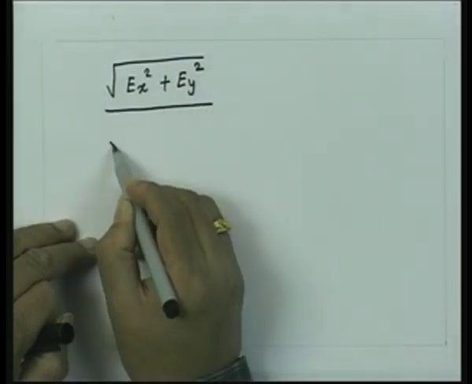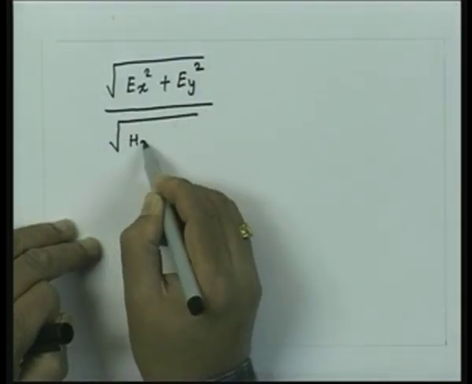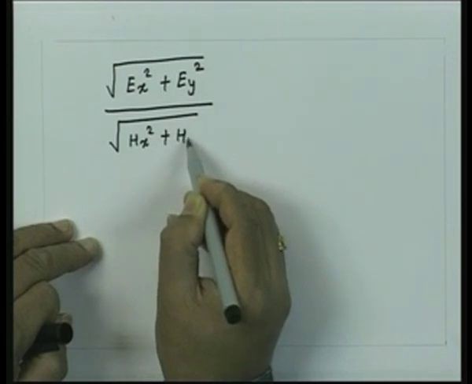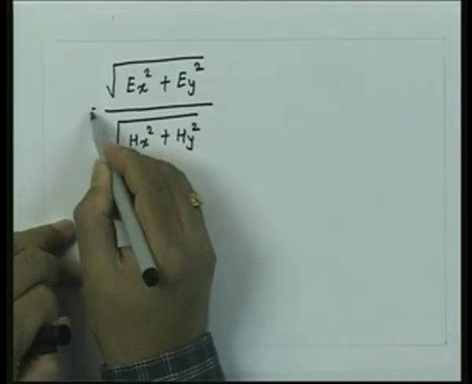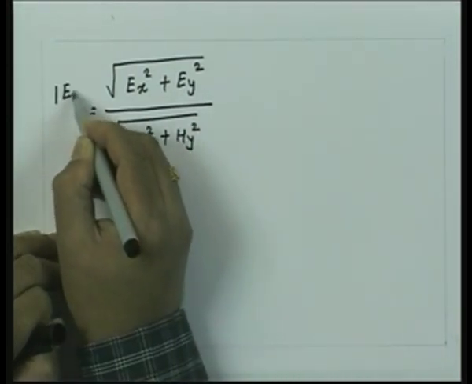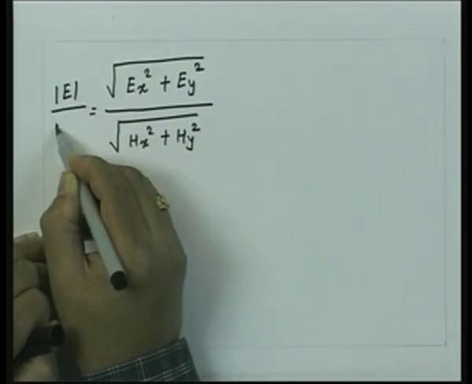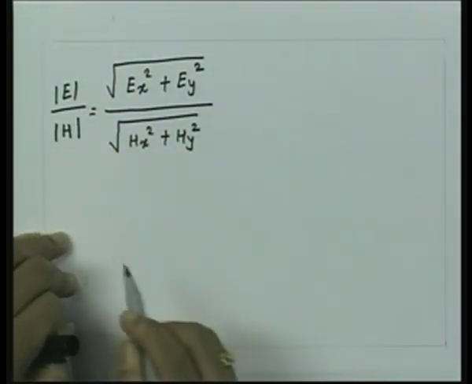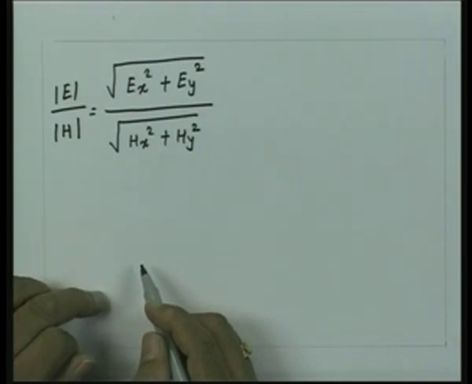The magnitude of the magnetic field will be square root of Hx square plus Hy square. So, if I take a ratio of the magnitude of the electric and magnetic field at any point, then